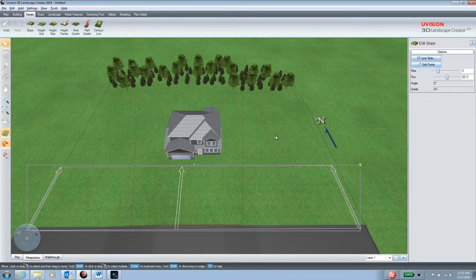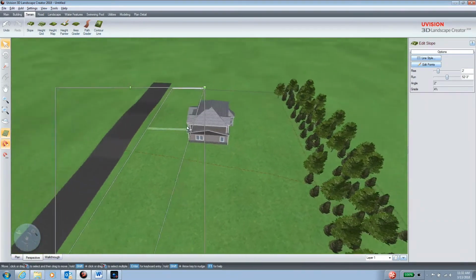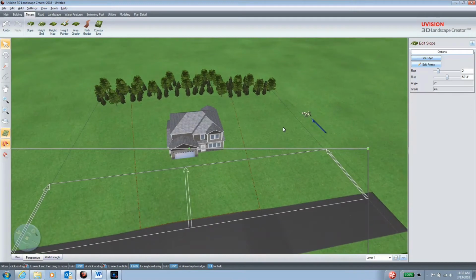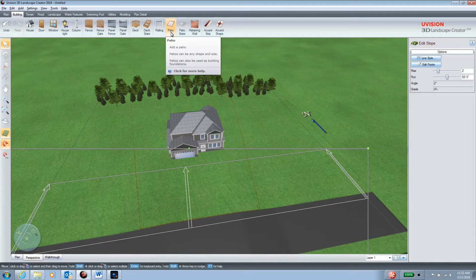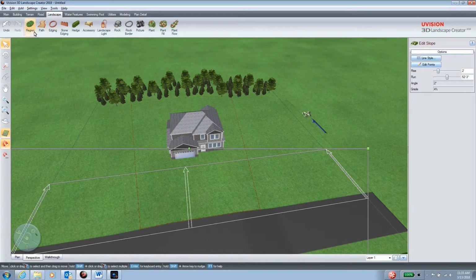So let's see what effect this has now on if we were to put a driveway into the front. As I mentioned, there's a special tool for that. Normally you'd go to building and then use the patio tool, which will put in your paving stone surface. That won't work in this particular case because it works on horizontal planes. So if you go into the landscape tab and click region,